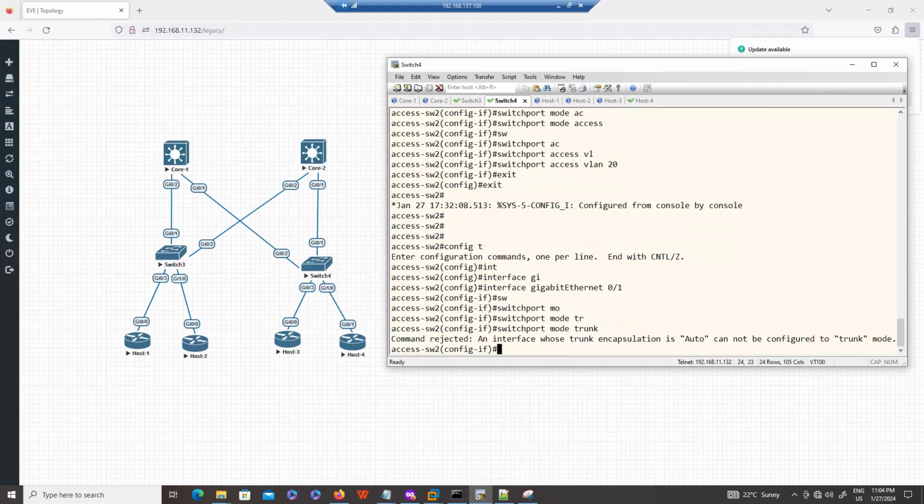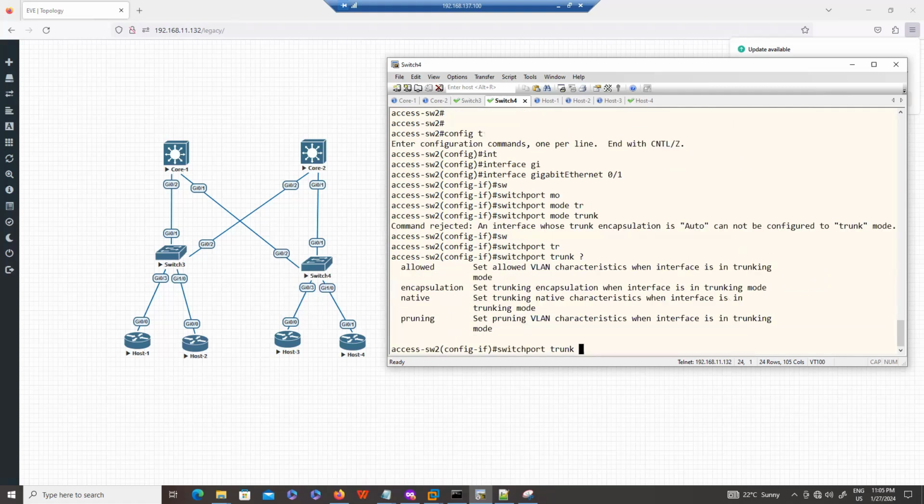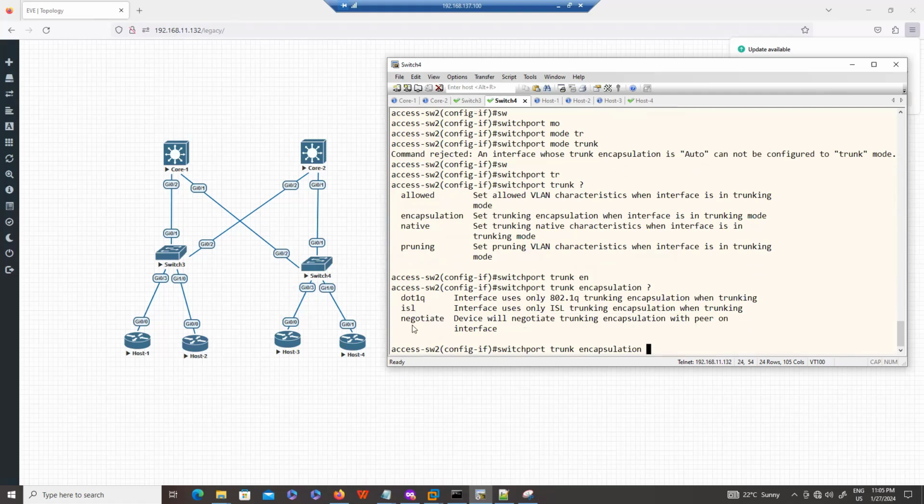Okay, here guys, this is a layer 3 switch. And I believe in the new IOS, you don't need to define the trunking encapsulation. So to configure the trunk port, first we need to define the trunking encapsulation, which has two protocols, ISL and 802.1Q.